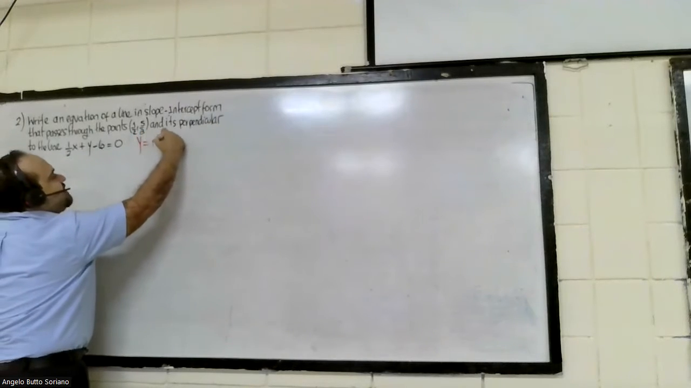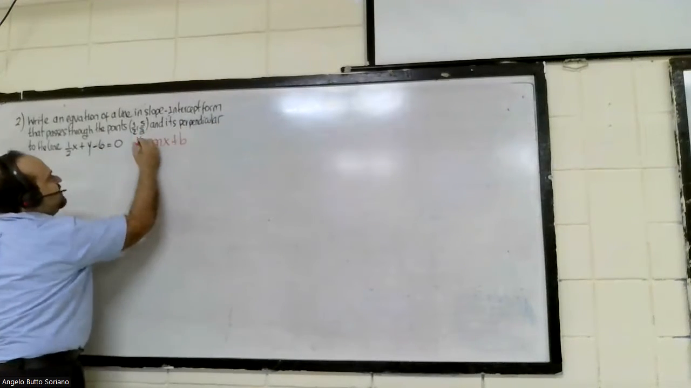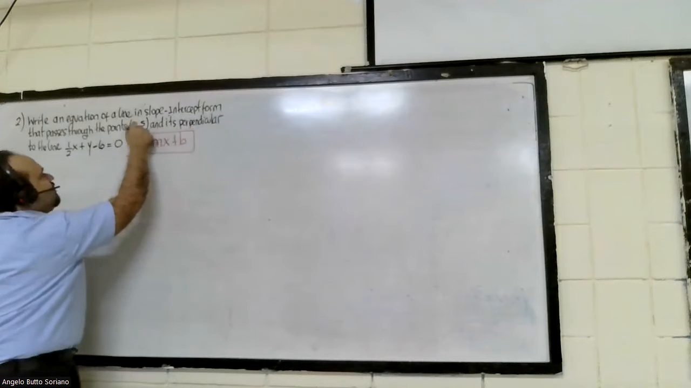Y equals mx plus b. This is the slope-intercept form, where m represents the slope of the line and b represents the y-intercept. So basically, in this problem, we're supposed to write this equation in this form, passing through the